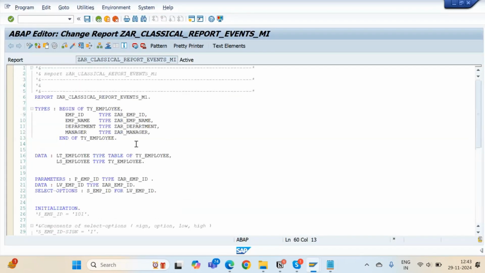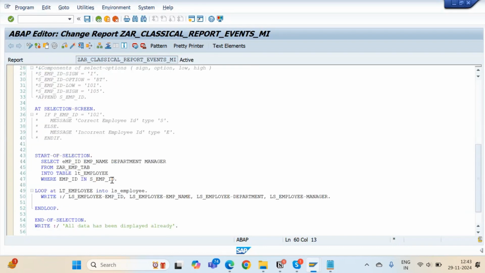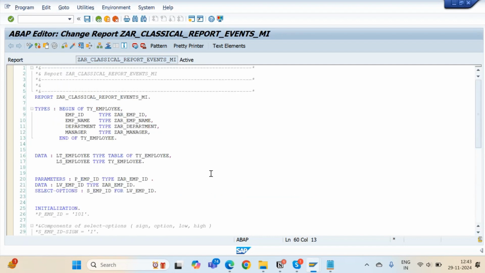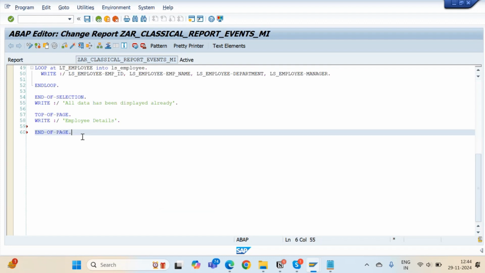This is your page, Michael. This is your program, Michael. And whatever data you are going to display here, that will be displayed over the output screen. But if you want to use the end of page event, you will be required to pass the line count here. That is, if my program will consist of 11 lines, I want to reserve the last two lines of the 11 for the footer. This kind of thing you will have to mention if you want to use this end of page